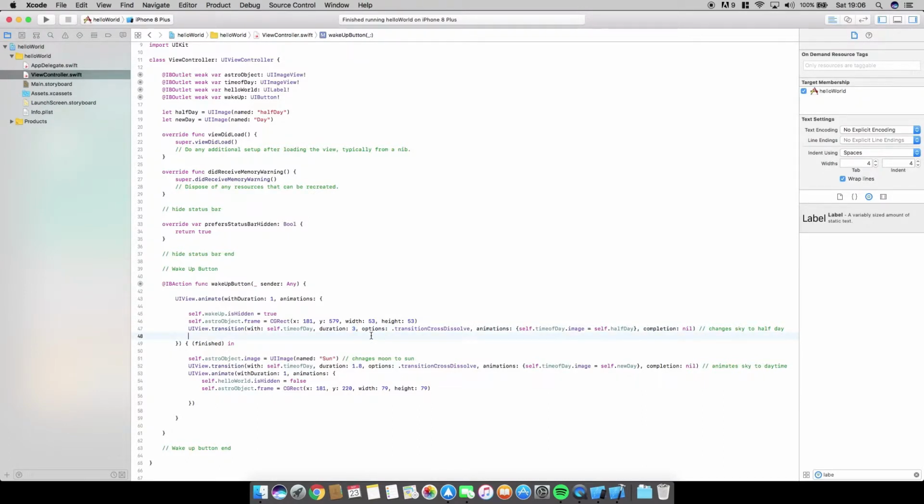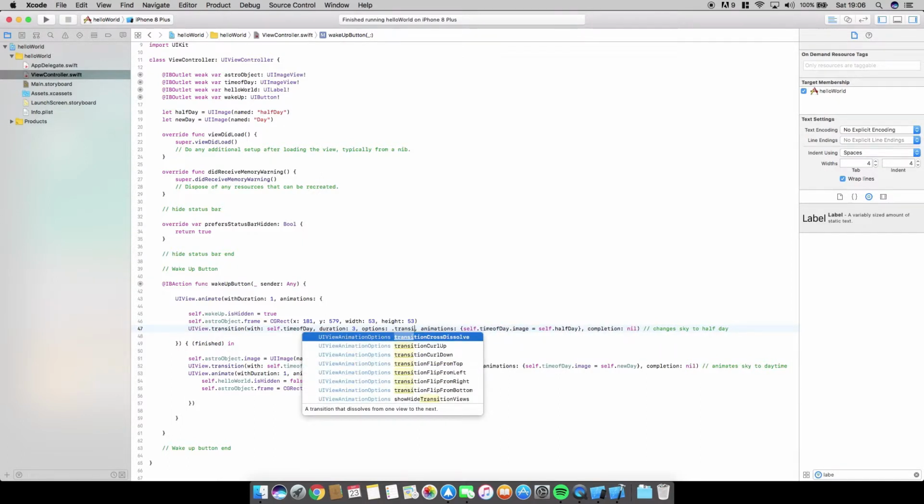So over 3 seconds it's going to be fading in to something else, which I'm going to be explaining in a bit. And then it says options, so we want it to fade in. For that, the way Xcode recognizes fade in is dot transition cross dissolve. There are other types of options like dot transition, I think flicker, spin. Actually, you can change it. If I just change it to dot transition, you can see that there's transition dot